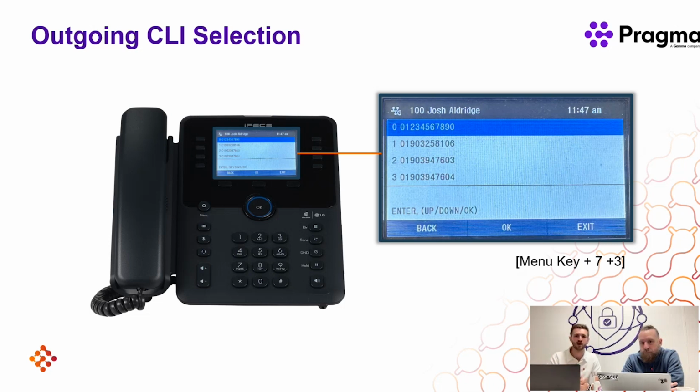They present that CLI, and then when they need to change, they can just come in and alter that as and when. A couple of really good examples I can think of: if you've got an outbound sales team, for argument's sake, or people that need to alter that across any given day, then this would be perfect for those different types of examples.